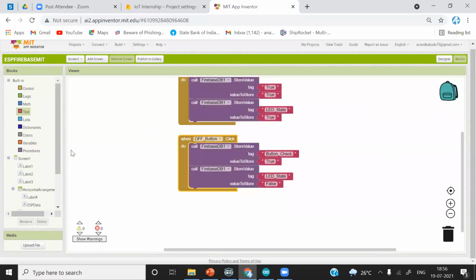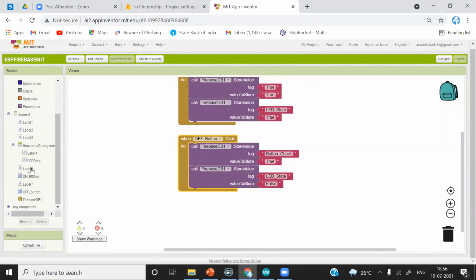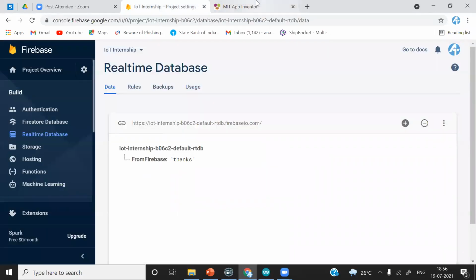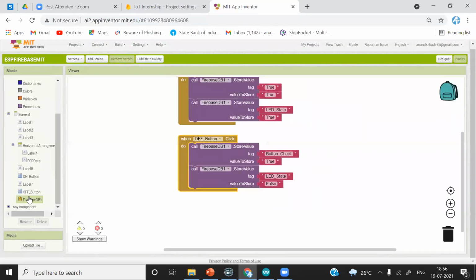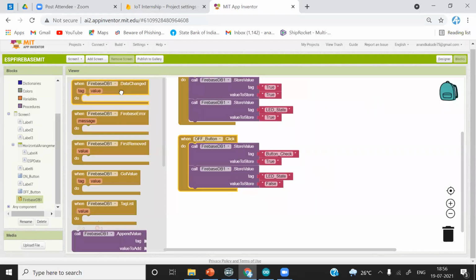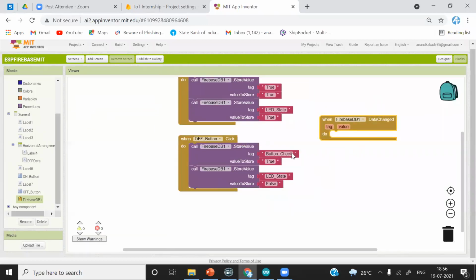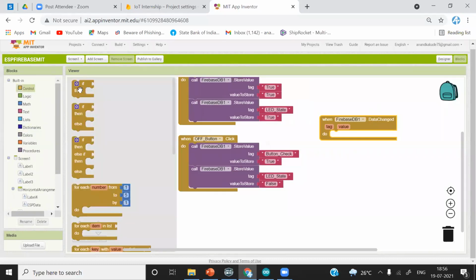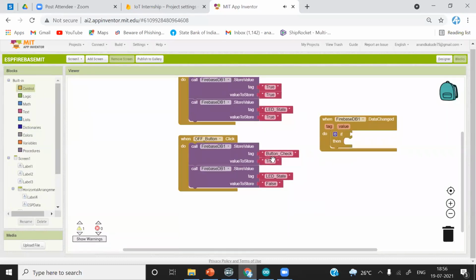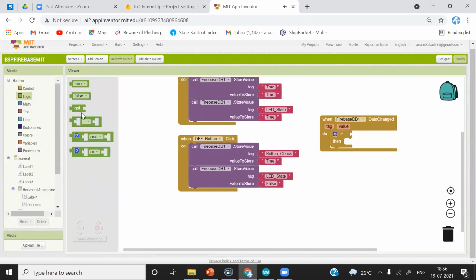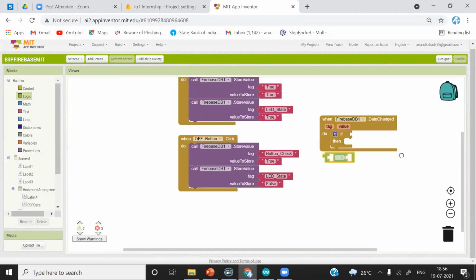Now the next thing is we are going to receive data from ESP8266. That means from Firebase to MIT App Inventor. I will click on it, dot data change. You have to select this one. Select the control, select the if, and then to compare the object, select this one. And from tag, get this get tag.